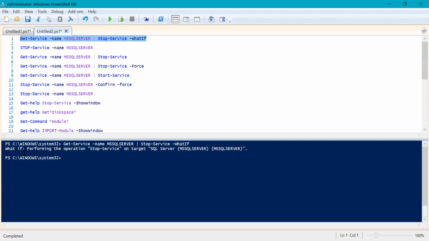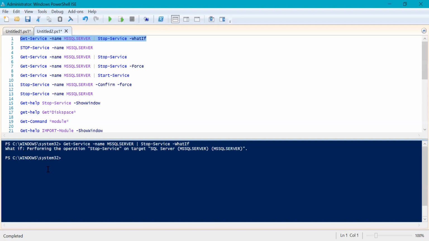So if you are not sure at any given point that whatever command you have written is going to perform exactly the same action that you want, then you can always use -WhatIf. It will not run the actual command, but it will just tell you what exactly it will do if you run the command. So it is a very powerful parameter, and it is a very good parameter for beginners especially, so that you will not perform any wrong action, especially when you are working on the production environment. So -WhatIf is your friend when you are learning PowerShell, right?